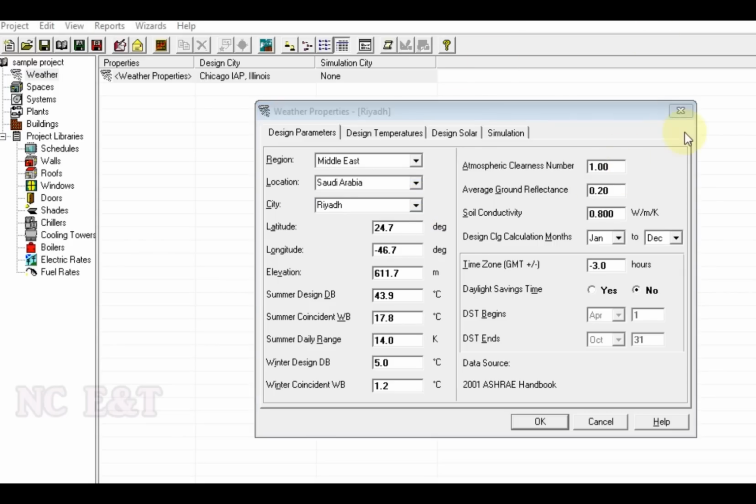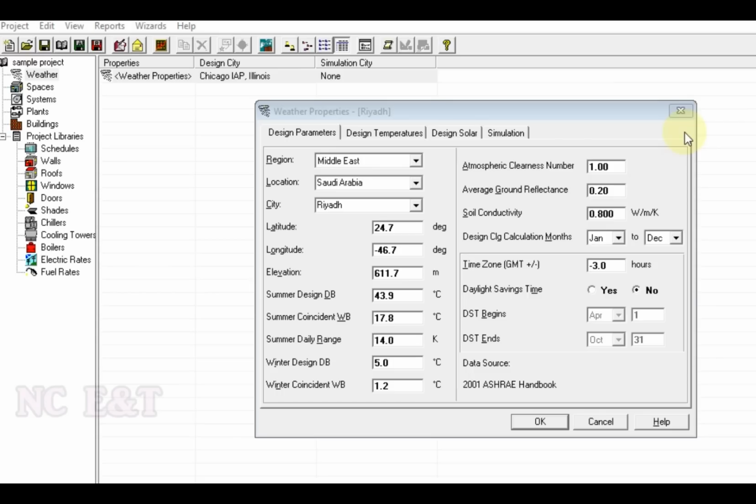When we need to make a calculation for a city that is not mentioned in this table, what is the procedure we need to follow to make a heat load calculation using HAP software? Is it possible to use HAP software for any other city that is not mentioned in the list?